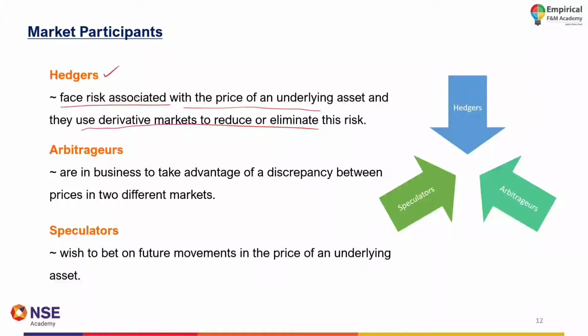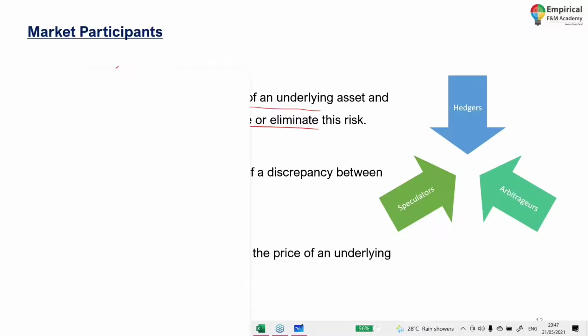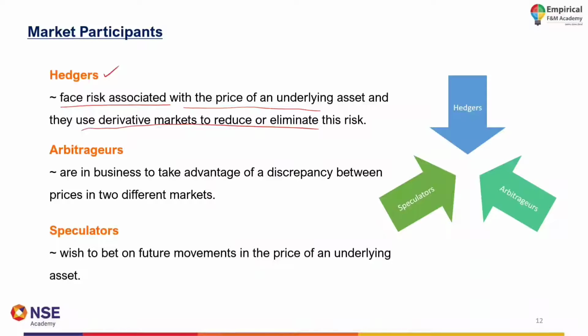So if you look at the market participants, they are going to be hedgers, arbitrageurs, and speculators. Only these three market participants are there. Now you need to identify who you are. Are you a speculator? Are you a hedger? Are you an arbitrageur? So what is the investment size which is approximately required? Since I'm talking about this, let's talk about this also. What is the investment size when it comes to this?